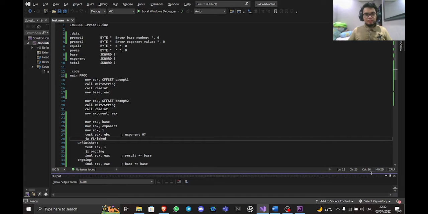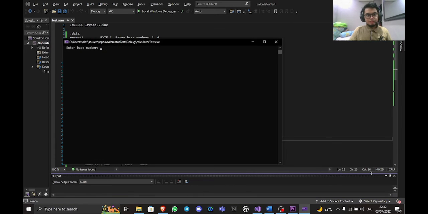Assalamualaikum and hi. Now let's proceed with the function to find the power of a number. So let's try running the code by pressing Ctrl F5. For the first run, we will test for unsigned